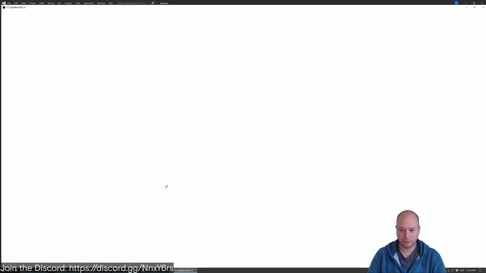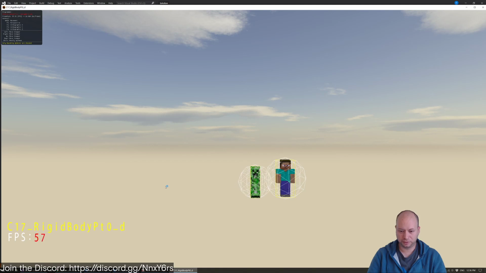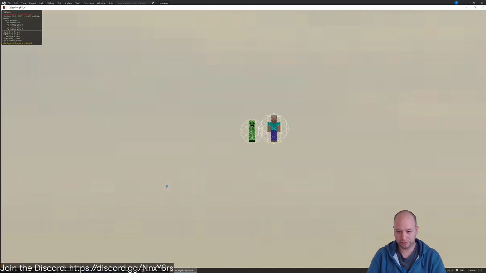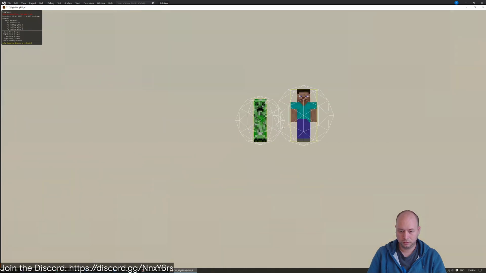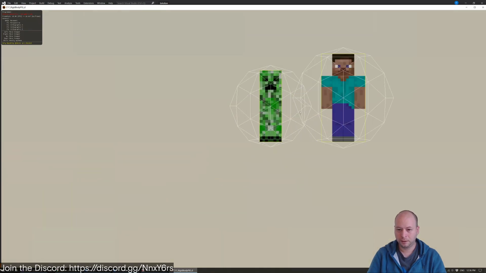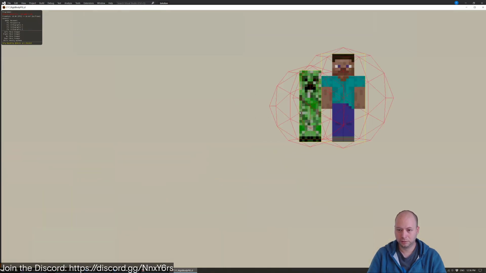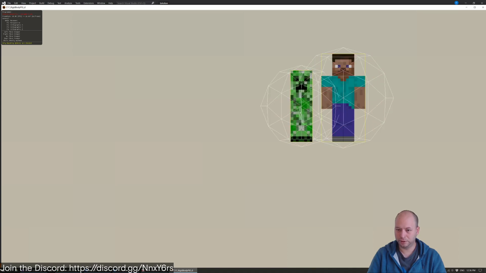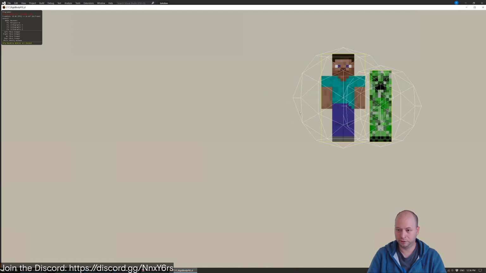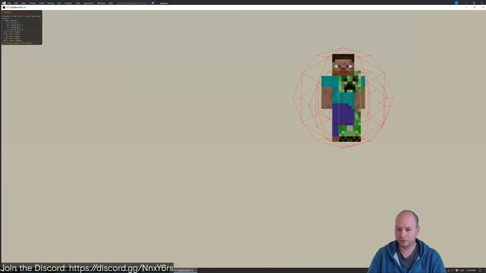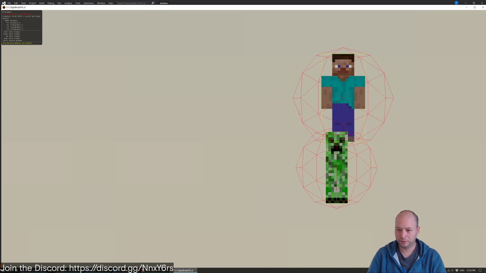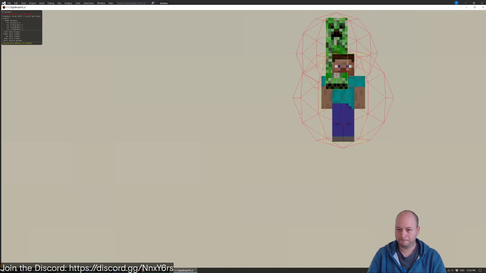So let's see now. Now you'll notice, if I did this right, let's go into orthographic here. Now they're not touching, right? But when the bounding boxes overlap, you can see that the collision does get registered until it doesn't on the other side, or if we go down. And this is actually